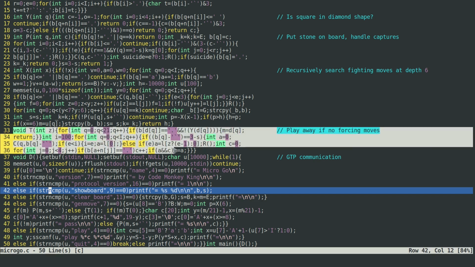This is the function. Unlike the previous implementation, where it was just trying to attach one stone to the opponent's group, it wasn't really a good strategy because